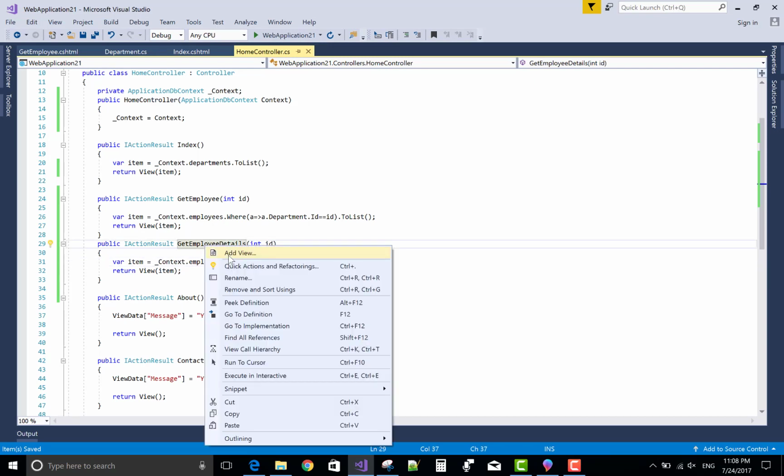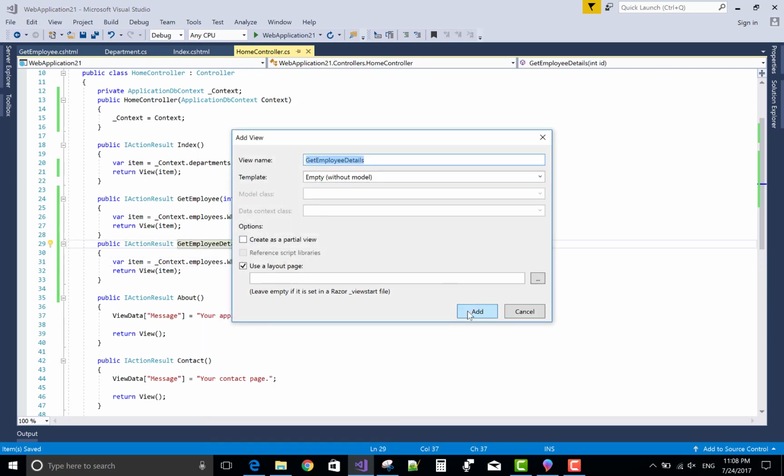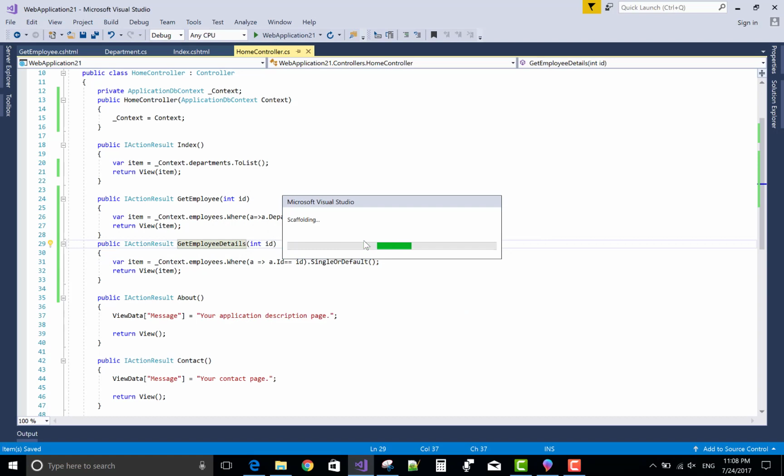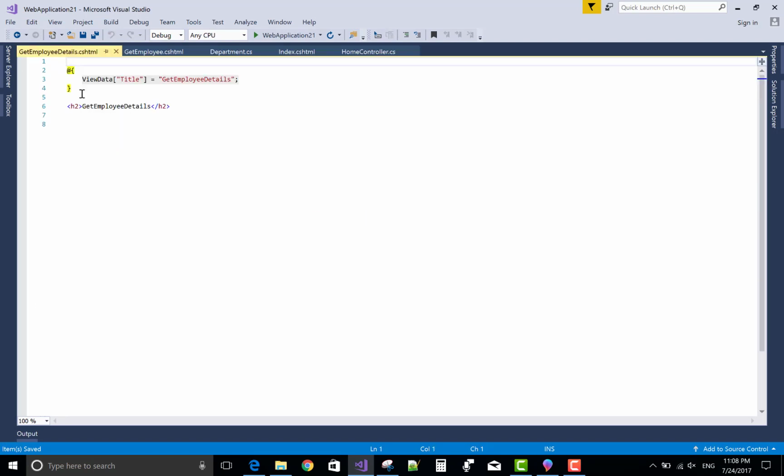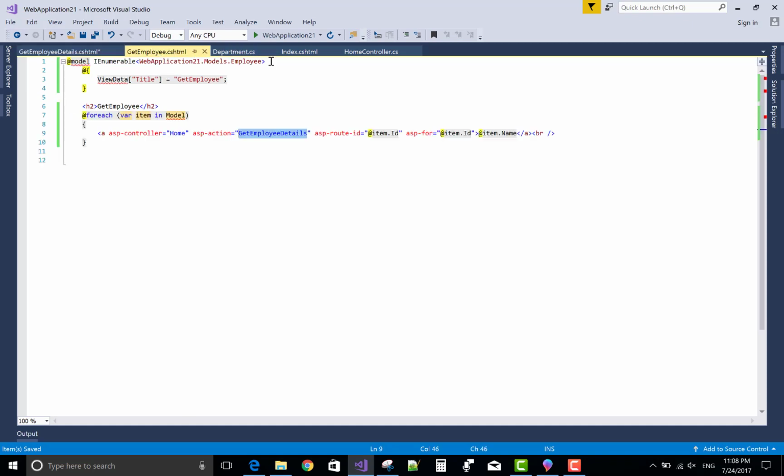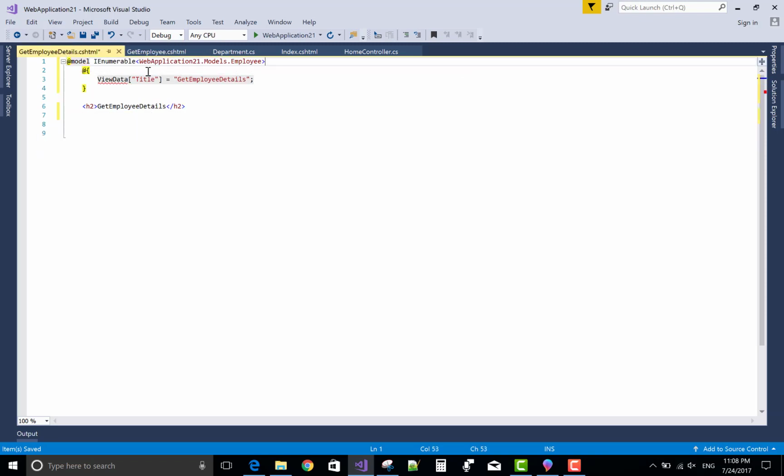You can check your first of all, add a view for your GetEmployeeDetails. You want to use single data on your label control, so use the model as well, and design your view according to you, because all the data exists in the employee model.